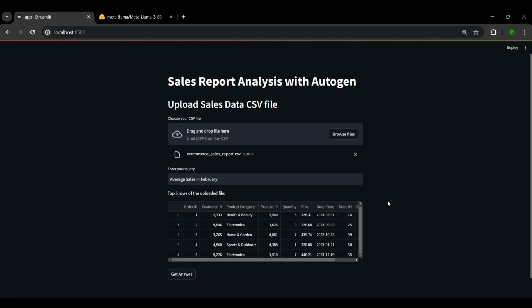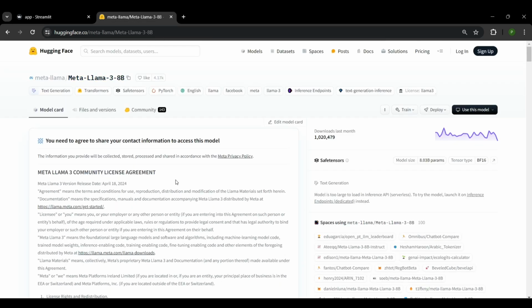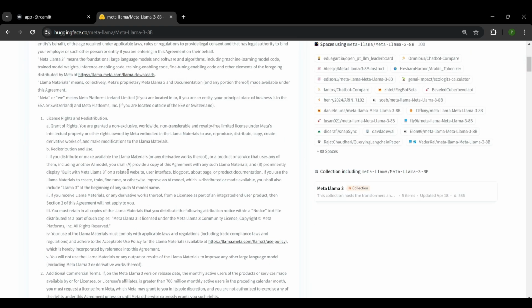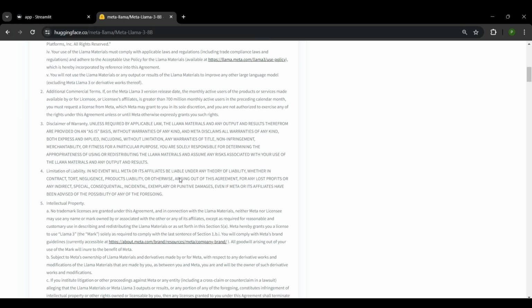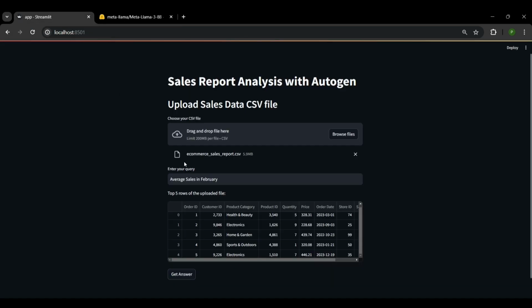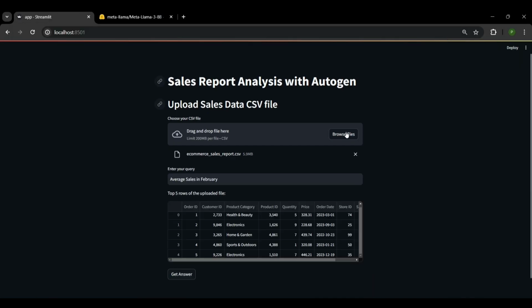For this particular use case we are going to go with the Meta Llama 3 8 billion model. This is a recent model released by Meta, and it has proven to be a very good open source model that can follow instructions as well as write code. Similar to the previous case, we hosted this Llama model in LM Studio, and then we are going to use Autogen to run this model. One of the benefits of using Autogen is that